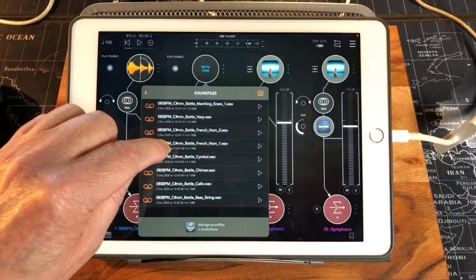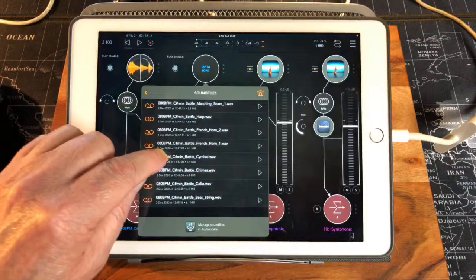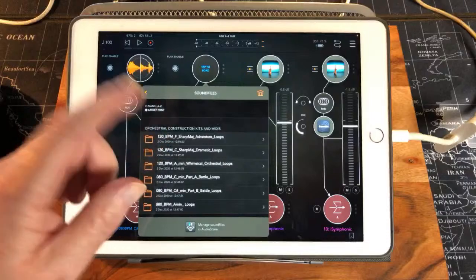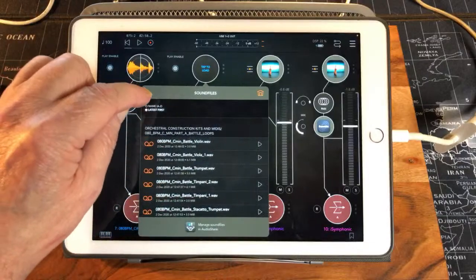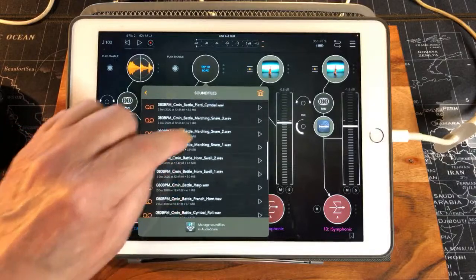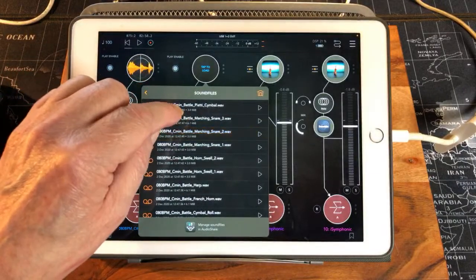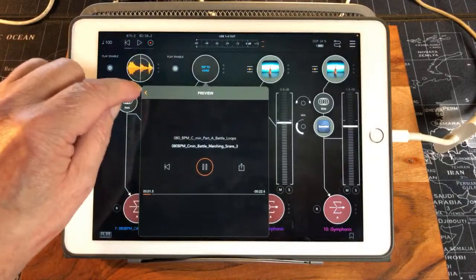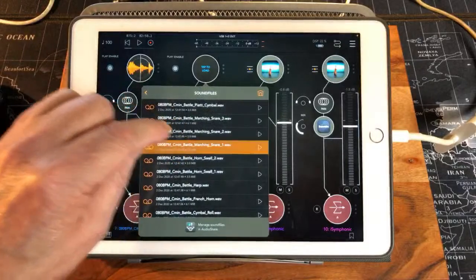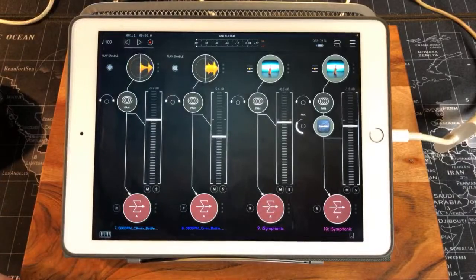No, I want to try another. Let me try another thing. Is that the one I just looked at? Oh, this one. I'll try that. What's this? Try that. And loop and sync, be set. Let's